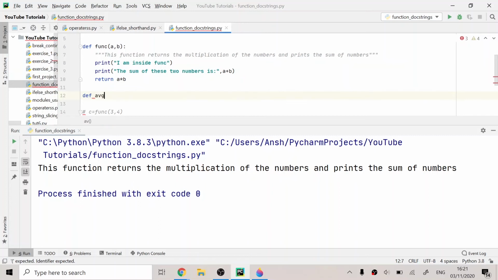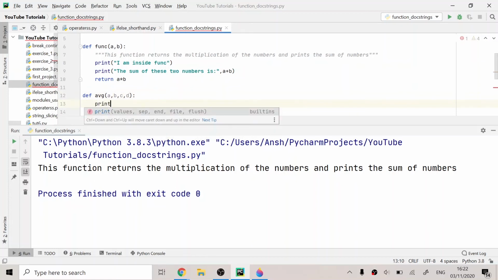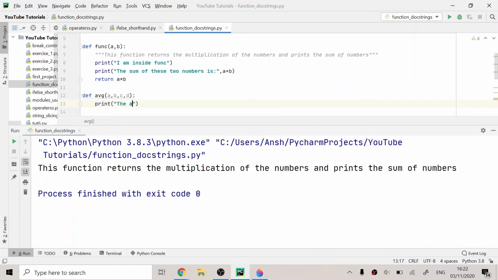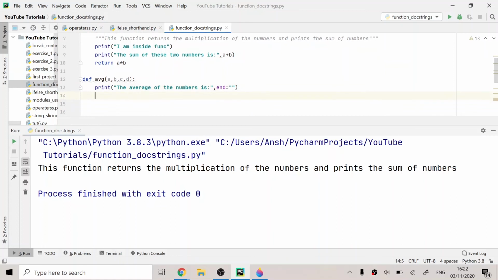I'll make another function, and I'll name it avg, which is abbreviated for average. AVG takes in 4 numbers. By the way guys, the arguments should be different, so it should not be all A. For example, a, b, c, d. Okay, so I'm going to print "the average of the numbers is", and then I'm going to end it with a blank, and after this I'm going to return